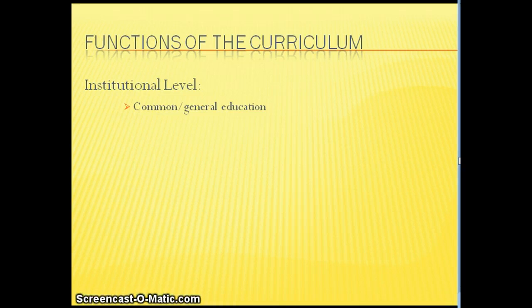And so this, you can think of the discussion we've had in the past about cultural literacy. So what are the things that all people need to know to participate in a meaningful and successful way in the society? What's that common knowledge that people need? What kind of outcomes and experiences should all learners have in common?